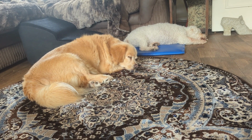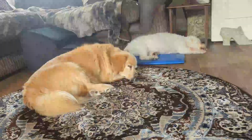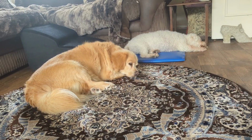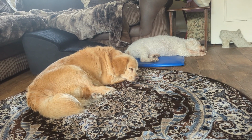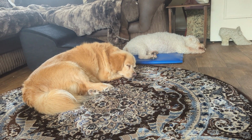So the poor little sweetheart, sweet little dog, she actually couldn't go because she had a piece of wood that she couldn't actually get out. That really could have been an emergency. Luckily he's a really good owner and he was on that. But if he hadn't been, that could have ended up very, very badly for her, because she would have still